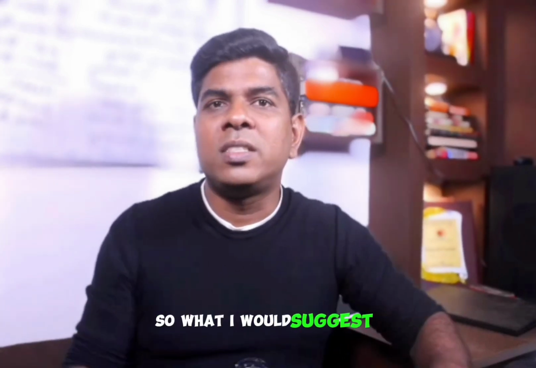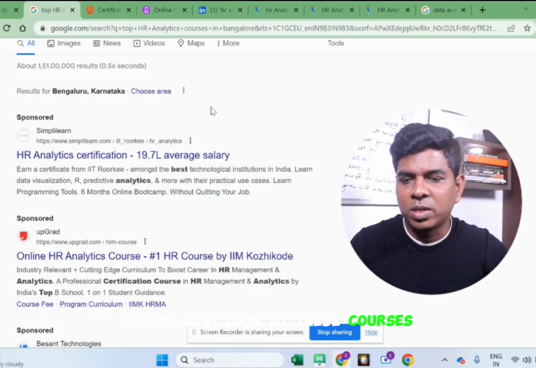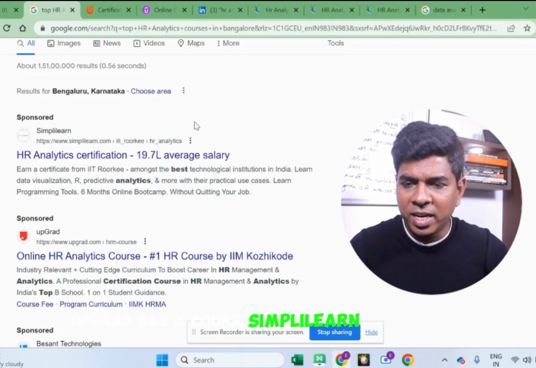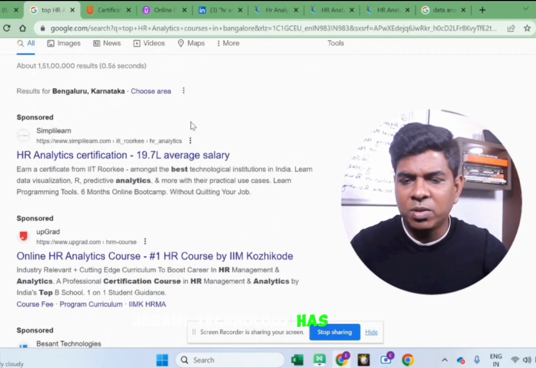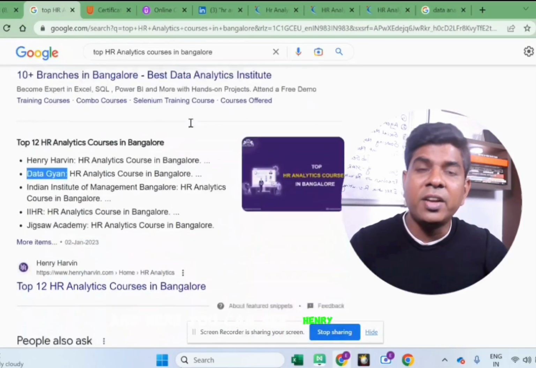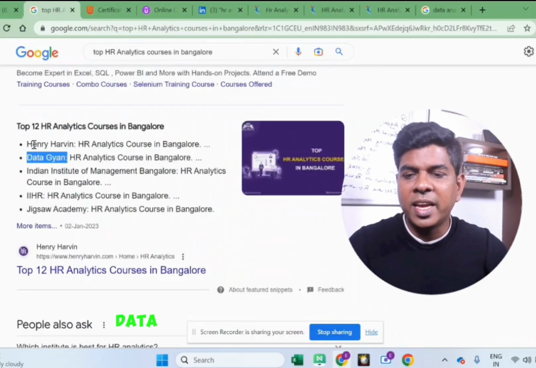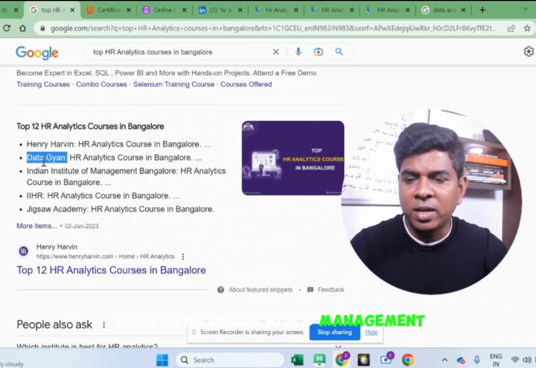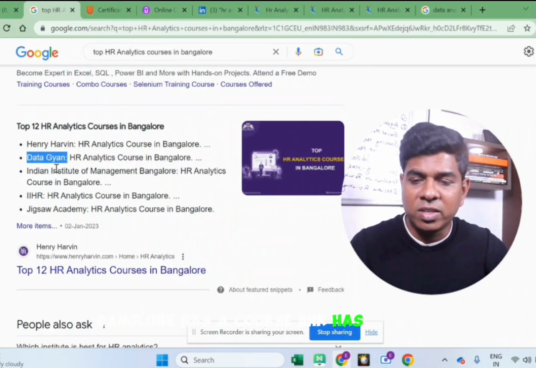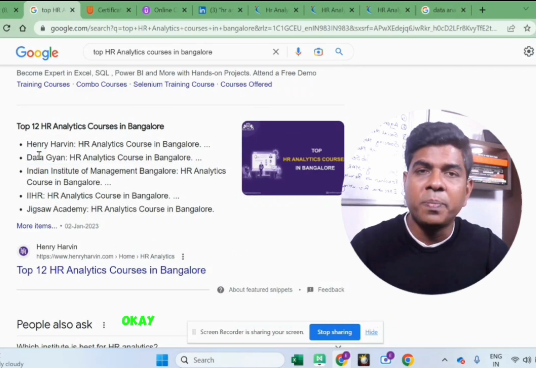So if you just look at these courses, Upgrad has a course, Simplilearn has a course, Besant Technology has a course, Data Gyan, Indian Institute of Management Bangalore has a course, IIHR has a course, Jigsaw Academy has a course. These are all top institutes in HR analytics, okay?